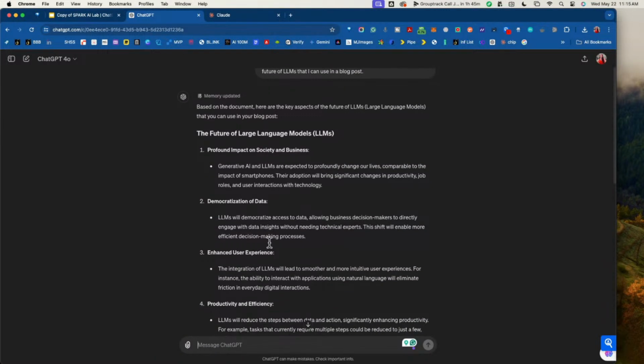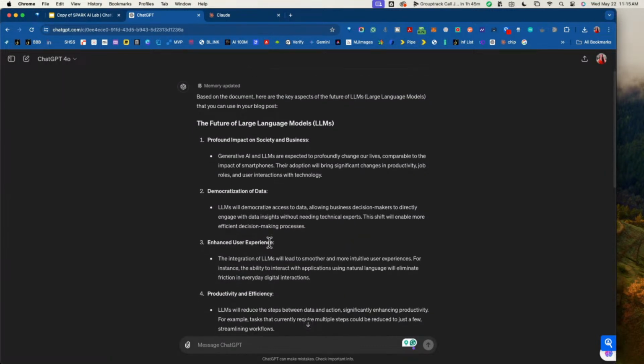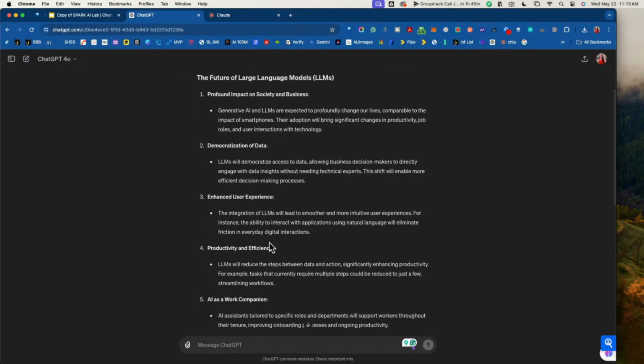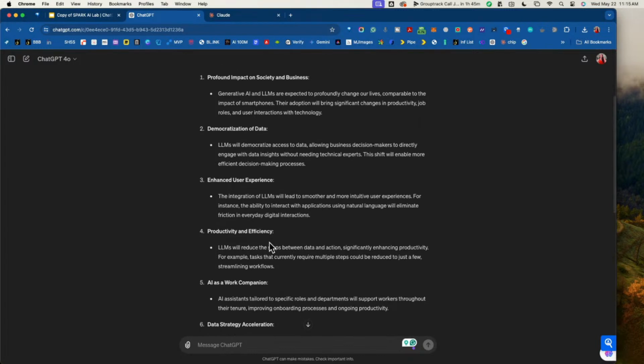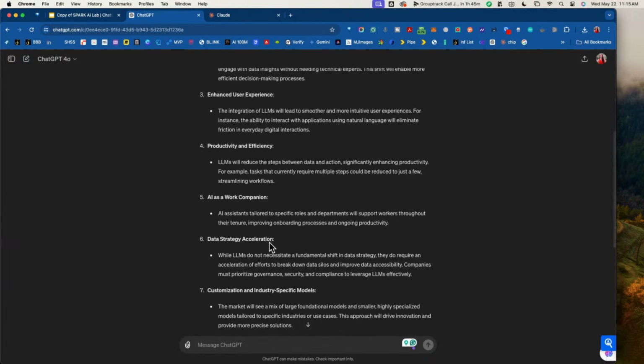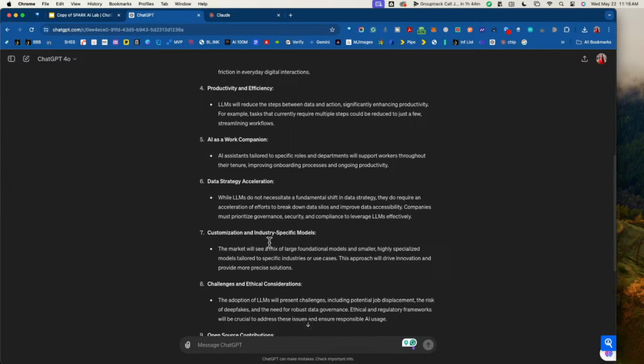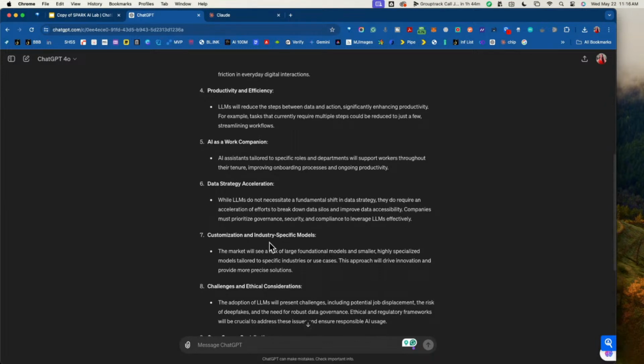So it came back and it told us that it will have a profound impact on society and business. It will have a democratization of data. It will have enhanced user experience, productivity and efficiency, AI as a work champion, sorry, companion. I liked it better as champion.